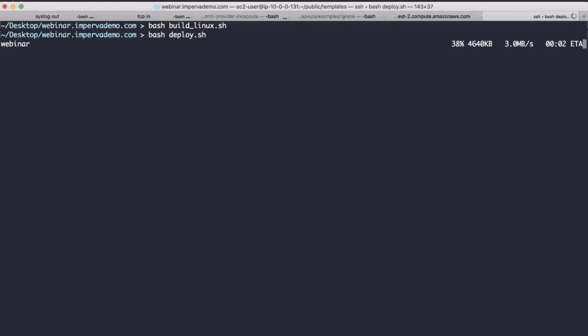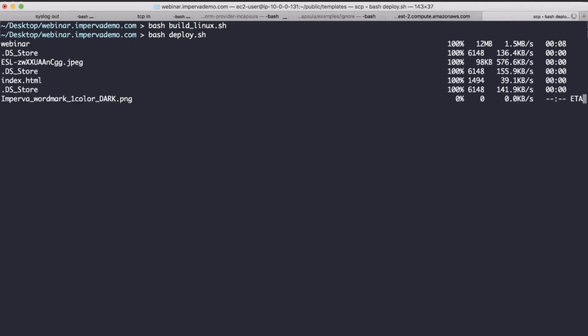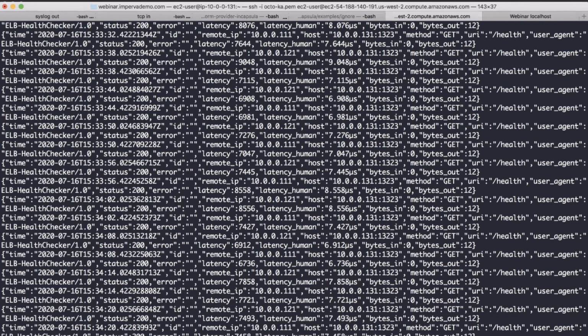And we're going to just copy that new binary back up to the production environment, as well as the static asset. And the static asset in this case being the index.html. Of course, you'll see a lot of other things come for the ride up there as well. Now, that's us doing the push to production. And we're just going to go ahead and bounce the server over here.